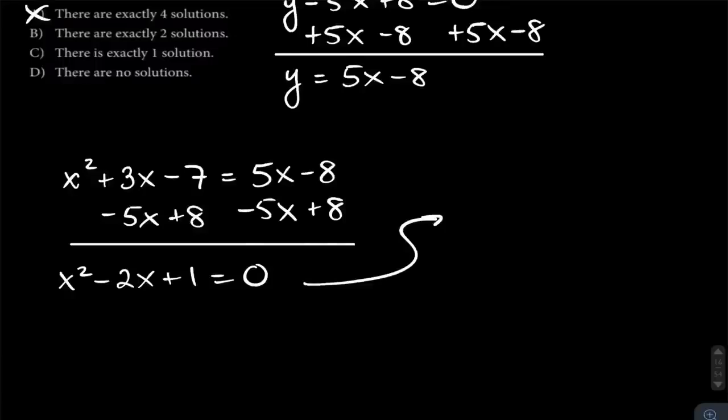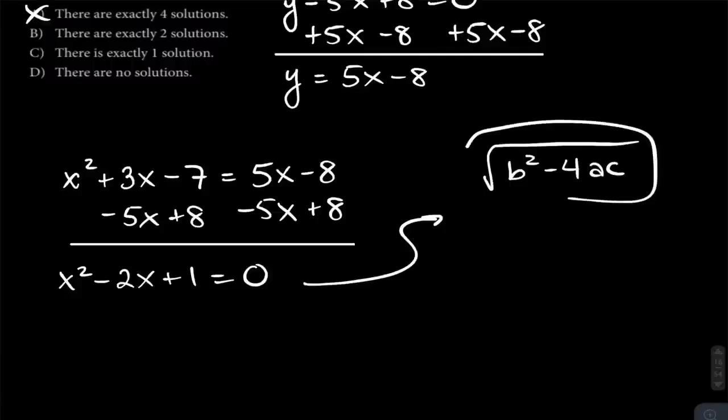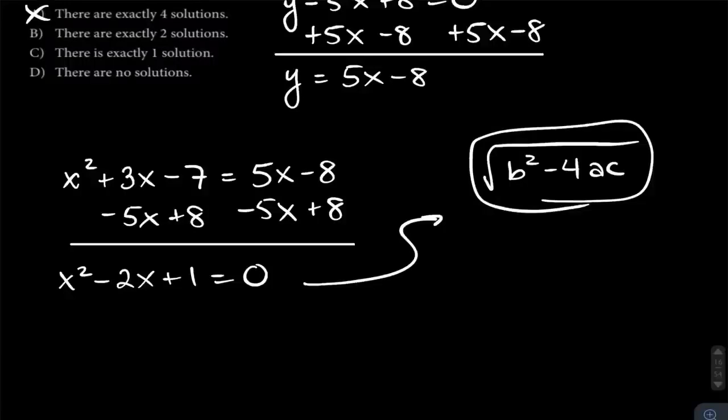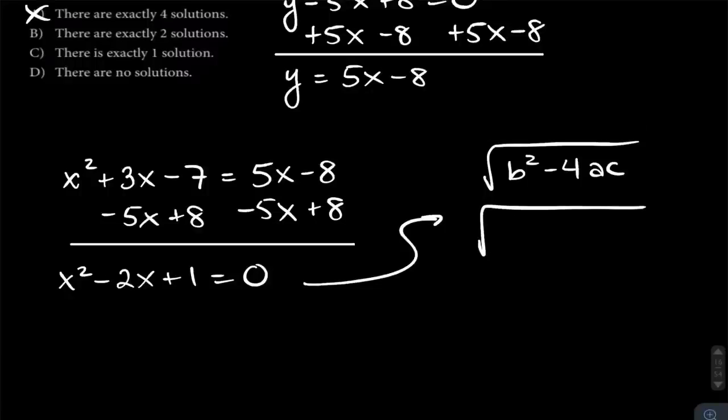You can use the discriminant, which is the square root of b squared minus 4ac, because this is what determines how many solutions there's going to be. If this thing is 0, there's going to be just one solution. If this thing is negative in the square root, if it's imaginary, then there's going to be no solutions. And if this thing yields some random number that's not 0 and not imaginary, there's going to be two solutions. So plugging in here, we know that b squared is going to be negative 2 squared,